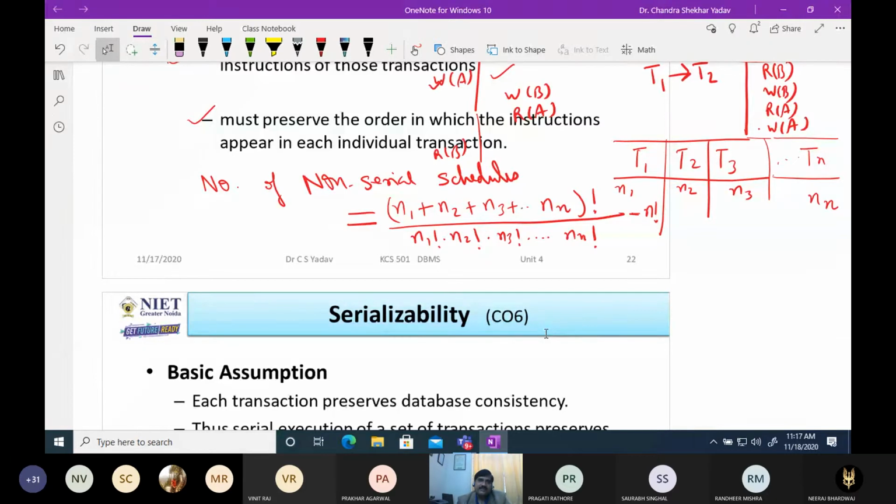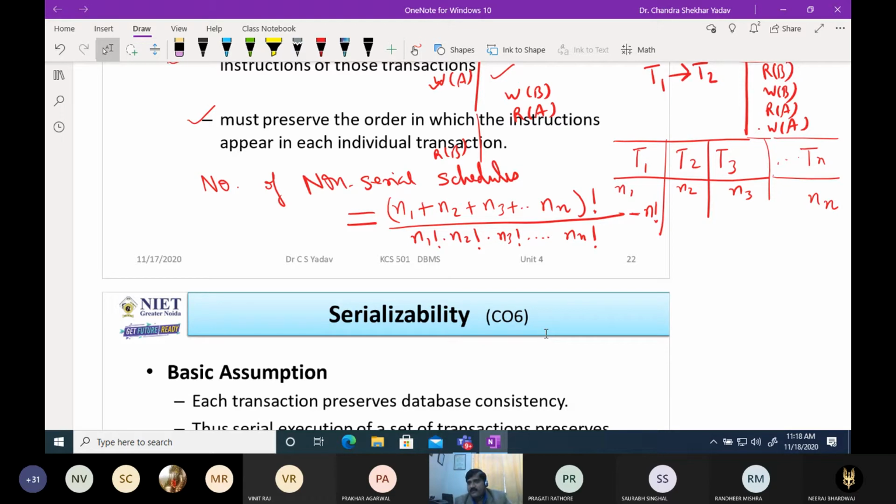And if there are n1 instructions in T1, n2 instructions in T2, and nn instructions in Tn, then the total number of schedules is factorial of (n1 + n2 + n3 + ... + nn) divided by factorial n1 into factorial n2 into factorial n3, multiplied up to factorial nn.